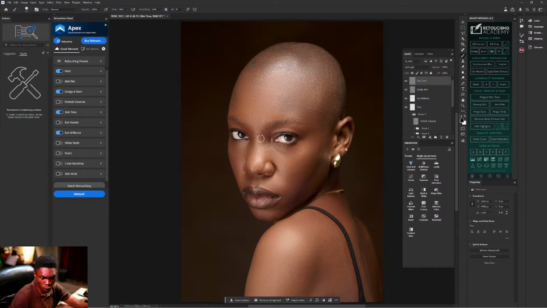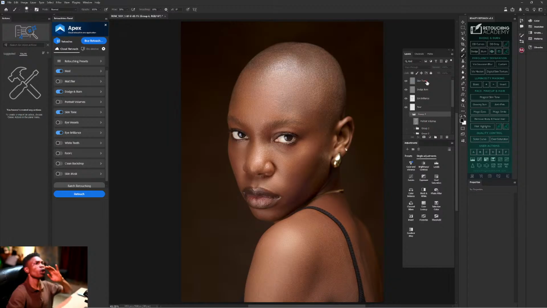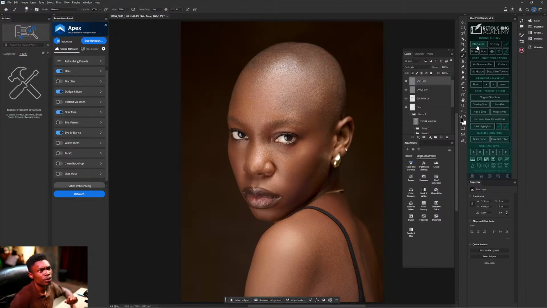You see as we dey talk now, see how my hand been just dey, I dey demonstrate. This picture don dey retouched. Now the power of AI be that e dey make your workflow dey faster and easier. The picture don dey retouched, but we no do any dodge and burn for this picture. So we go come start with... I been create dodge and burn from scratch, but make we first use the dodge and burn wey dey for Retouch Academy.